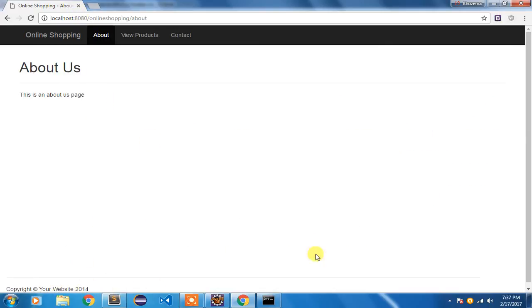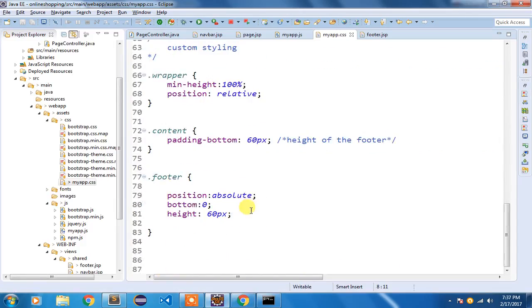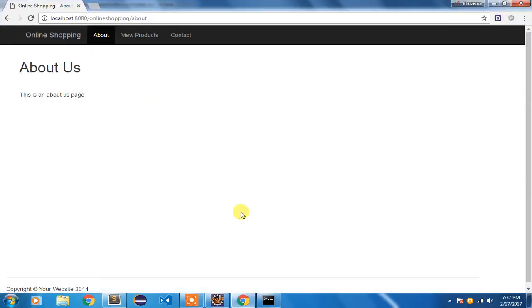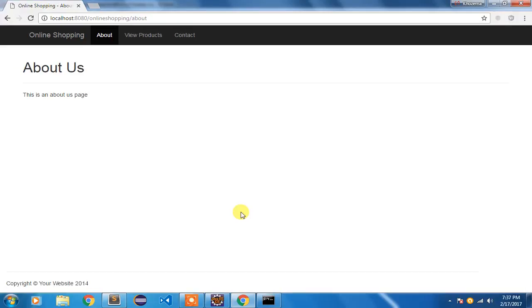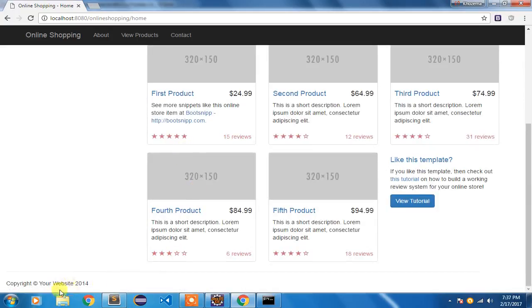But it is coming to attach to this one. So what I will do, I will say from bottom just lift it up by say 15 pixels. If I assign this 15 pixels, Control F5, and see it has come up, and the scroll bar has also gone. Here also it has gone, and if I go to online shopping, here you can see. So that's how you can fix the footer problem.